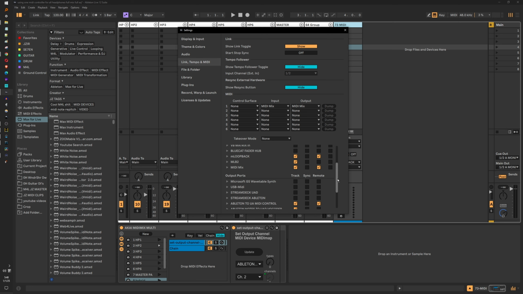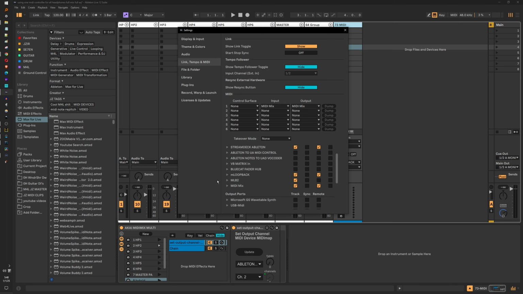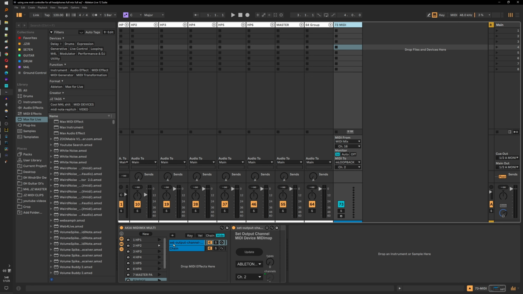Now there's the hardware itself, the MIDIMix hardware, which I've got set up right now for tracking and remote. And the MIDIMix itself is programmed to channel 16. So what I'm doing here is I have a